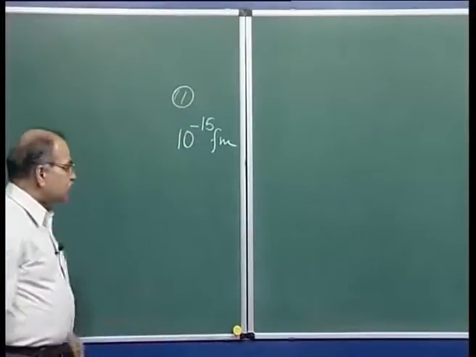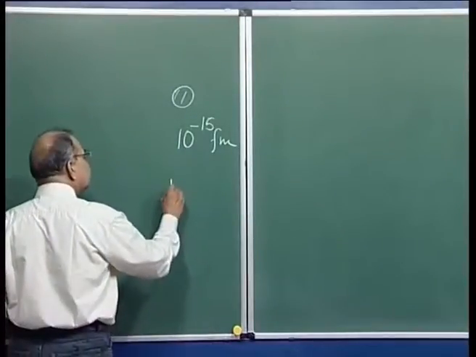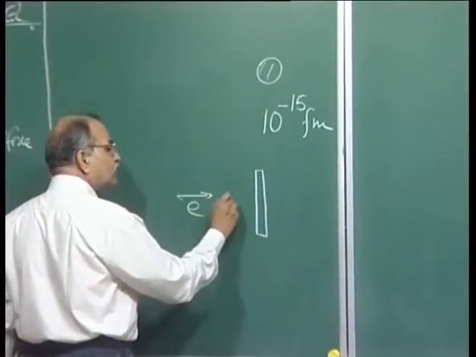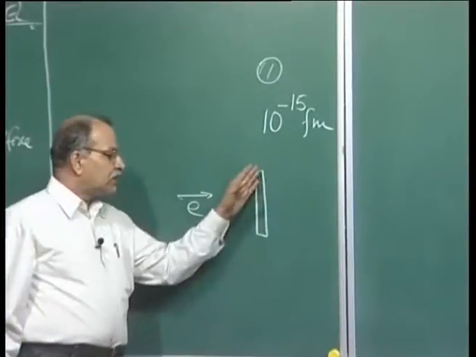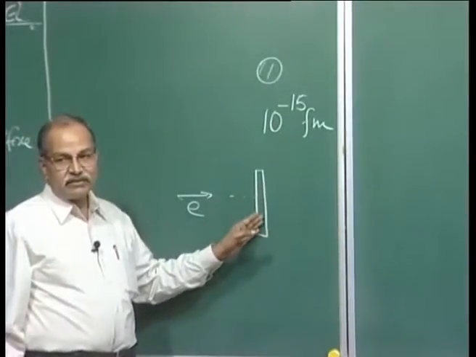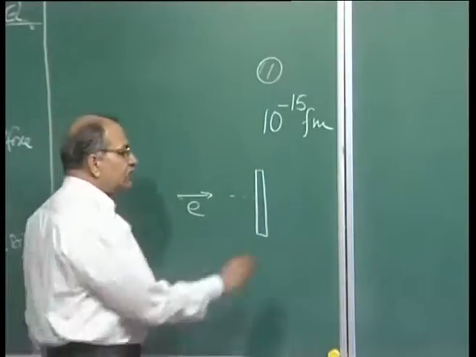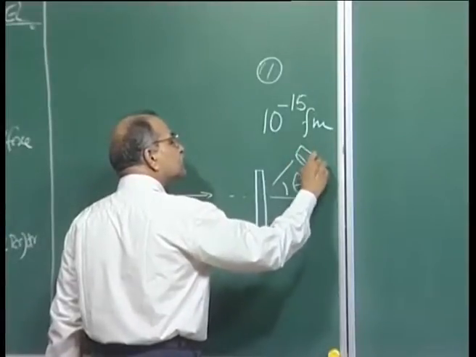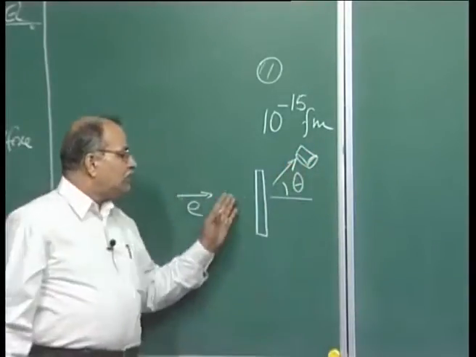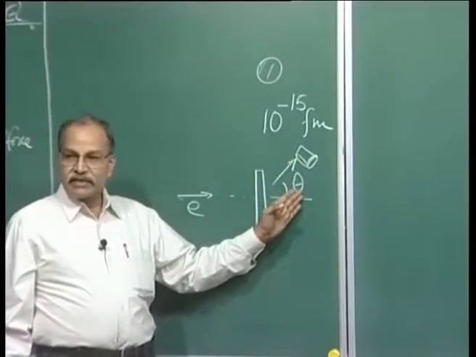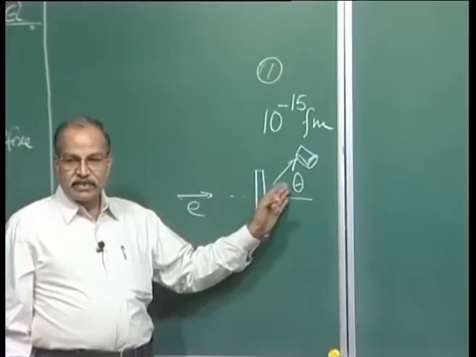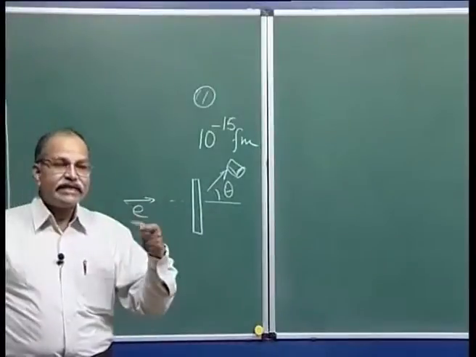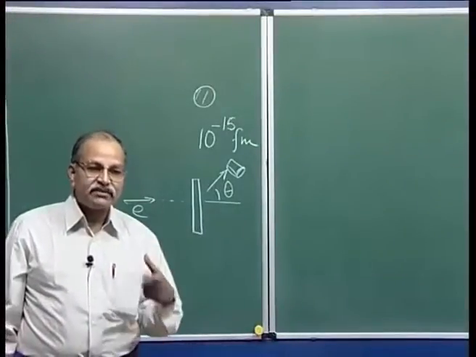What I described last time was that you can take electrons of high energy, and those electrons can go and hit the sample, the material in which the nuclei are there, of which you need this radius. Then you measure these scattered electrons as a function of scattering angle. How many electrons are scattered at this angle theta? As a function of theta you measure that, and from there you can derive the radius of the nucleus, or at least an estimate of the radius.